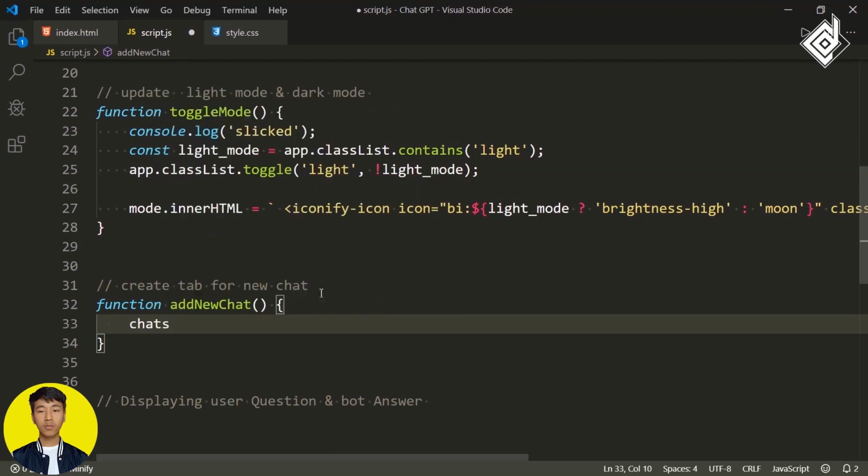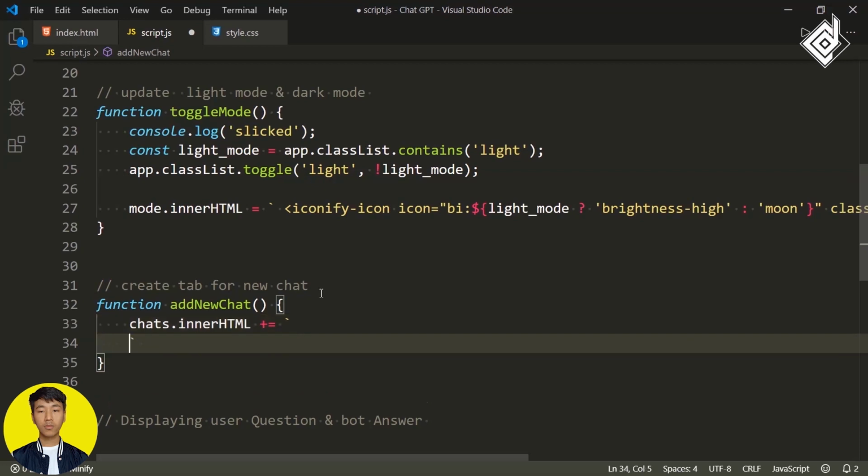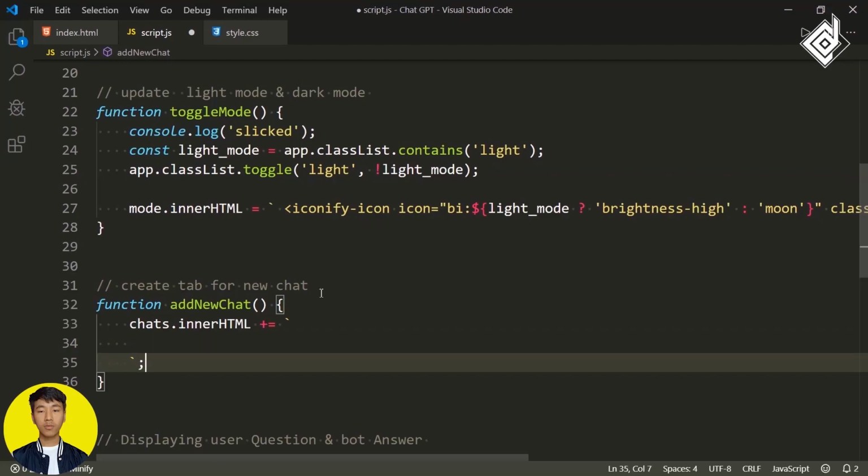And you can write something like chats.innerHTML plus equal to. So be careful, I'm giving the plus equal to. So with the help of this code, you will be able to append specific elements whenever you are clicking that add new chat button. So again, I'm using the backtick, and within that, I think before that, I need to